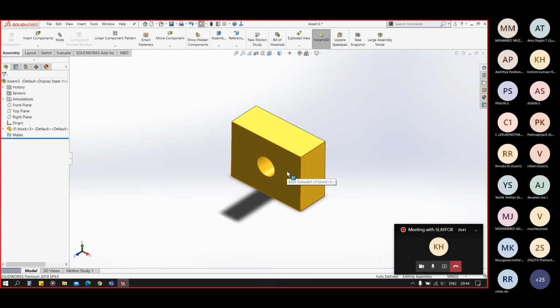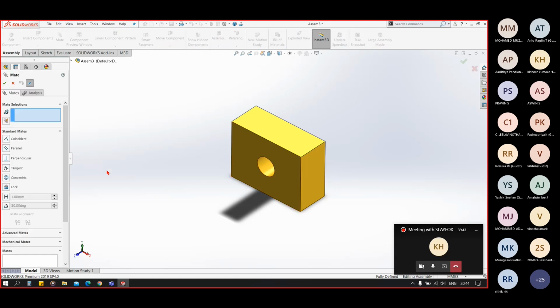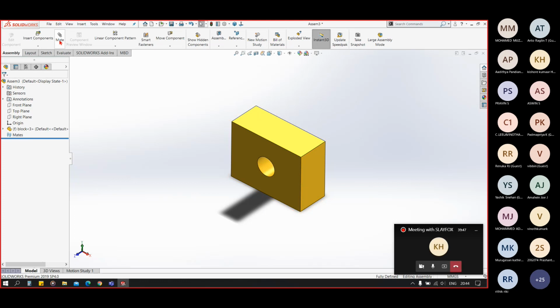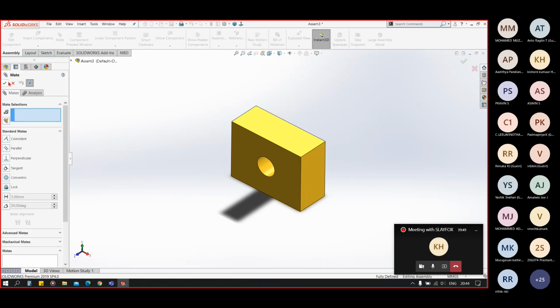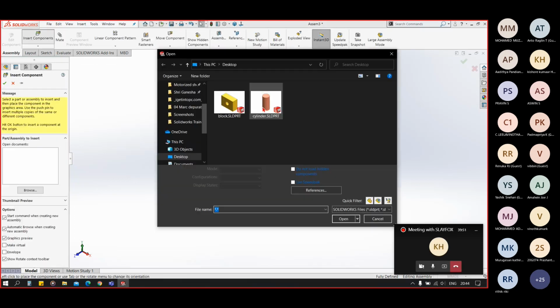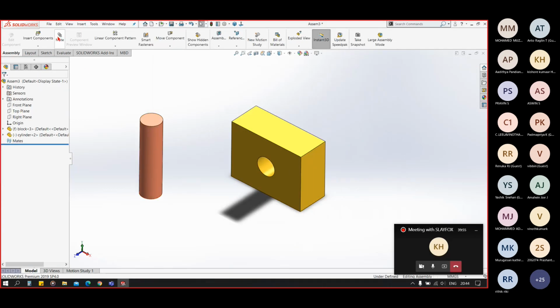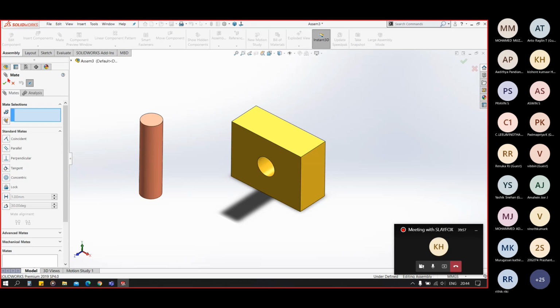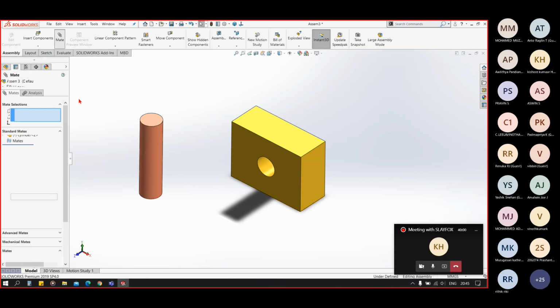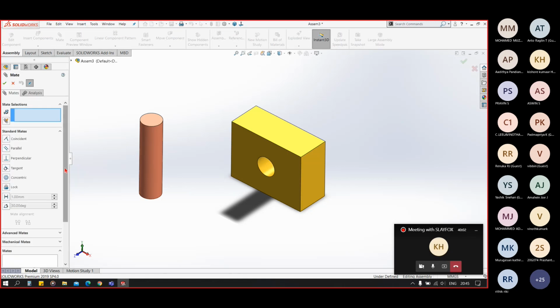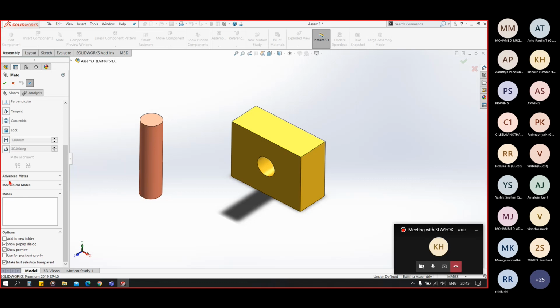So now we have seen the mates. The mates here are of three types. Let me add our second part. We have standard mates, advanced mates, and mechanical mates.